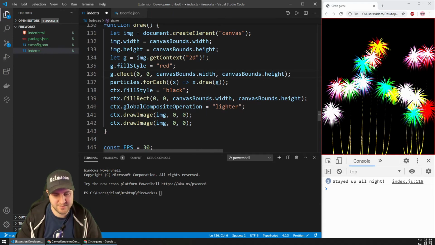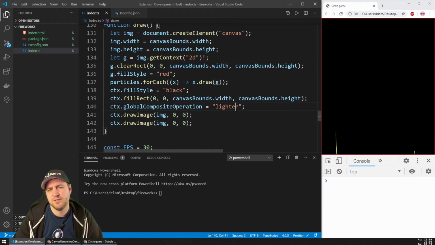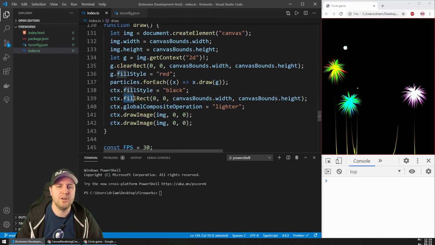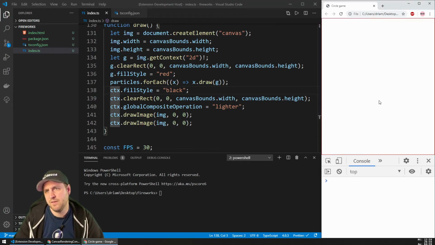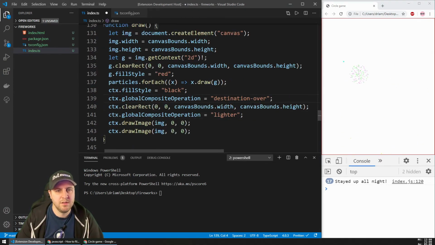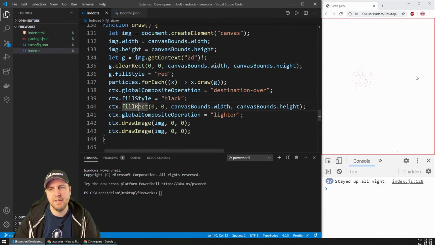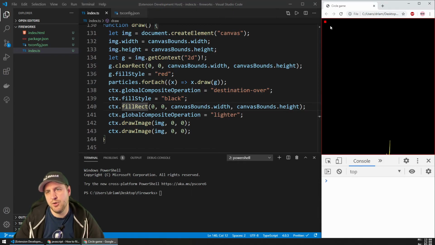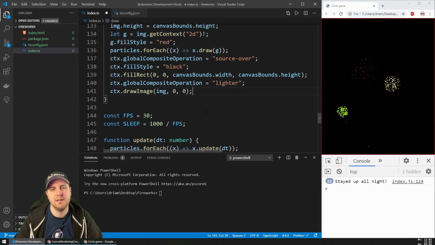G.clear. Wait, but we're making a new one though. Oh, because... What if we say clear here then? Does that make any difference? Well, it's white now. Before I do it, fill rect. And then adding after that. No. Then